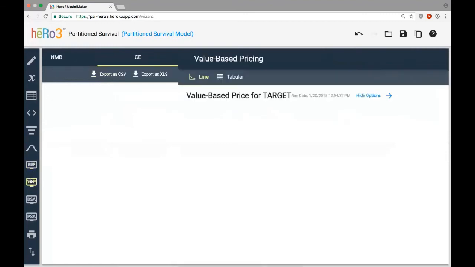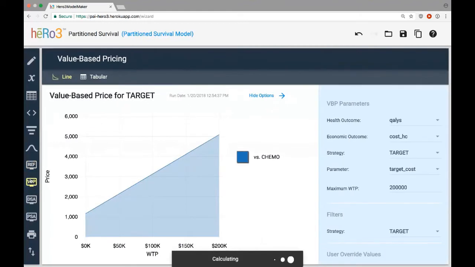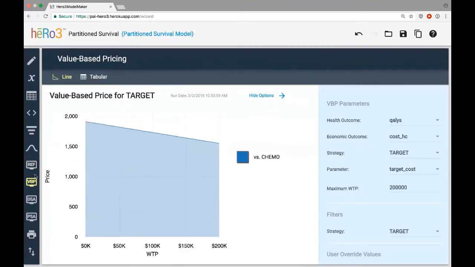Moving on quickly to value-based pricing. Every heRo3 model comes with a VBP calculator. And so what this will show is, once you've configured the options on the right-hand side in terms of what health outcome and what economic outcome you're using. So in this case, we're going to calculate a VBP that's based off of a healthcare system cost per QALYs setup.